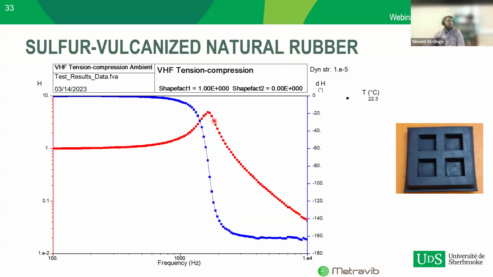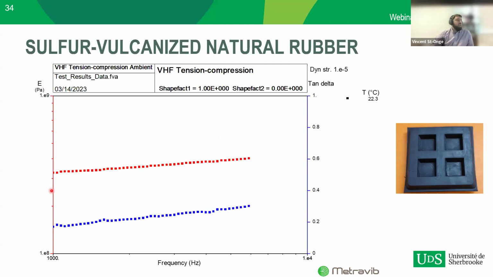And from that, when we did the modeling, we ended up getting the mechanical modulus of the sample as well as the tan delta curve, as you see here in blue. And it's perfectly in the range of what was expected. Over the valid range that we had, we can see a modulus that is nearly perfectly flat. And we see a tan delta curve, which is between 0.2 and 0.3, which is close to what was expected for the material. So it works quite well for a natural rubber.